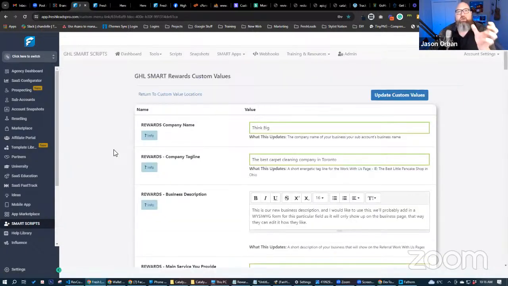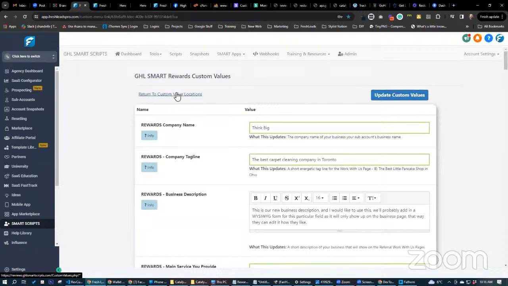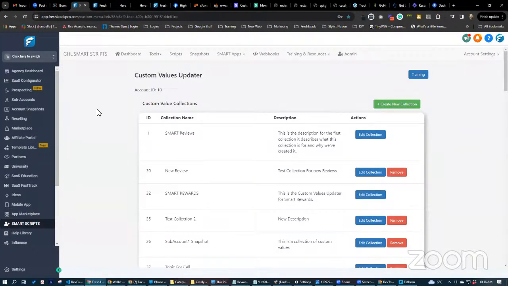And now for every sub account you have that has those custom values that you saved, it will show them here. So it won't show all the other ones, it'll only show the ones that you've picked. Okay, so then if I do bath membership landing page,